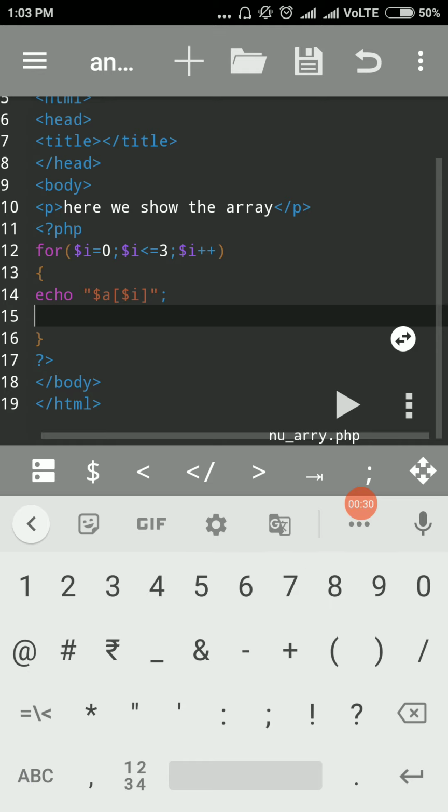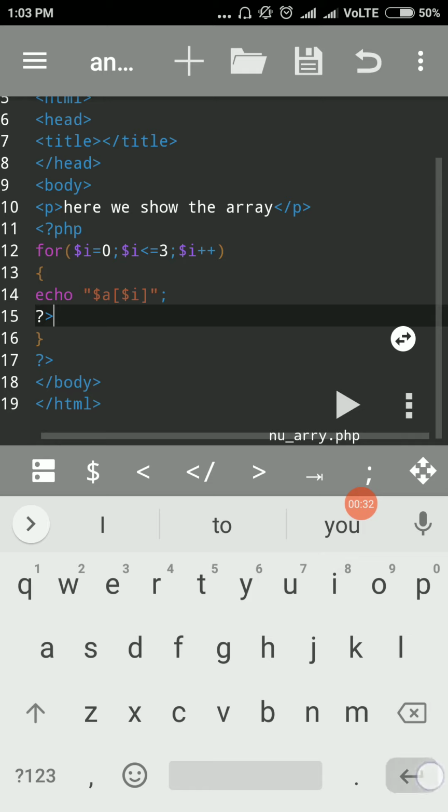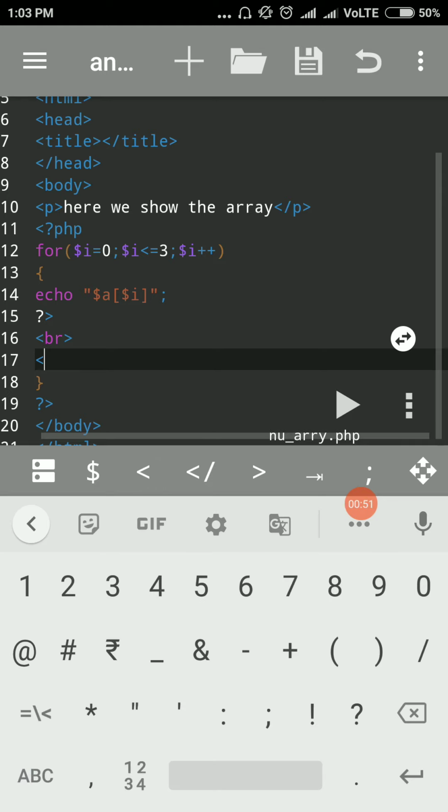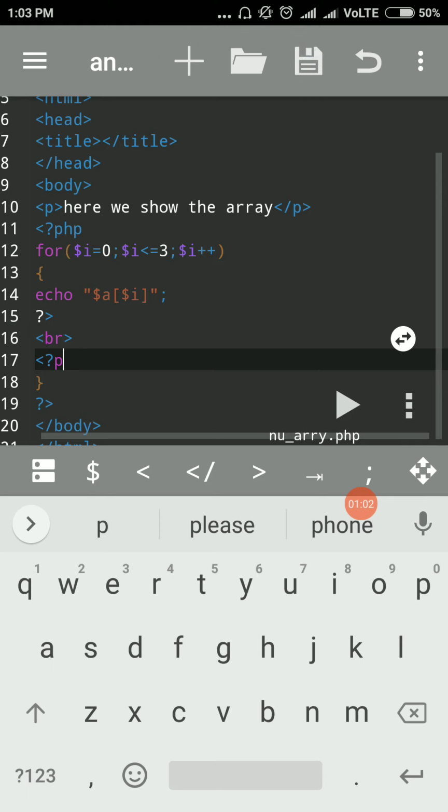First of all we end the PHP script, enter, and we take the br break tag here, and then we start the PHP script again, because we ended this one here, here end, and here also end. So for that end we start here. Okay, so that is the PHP script tag.